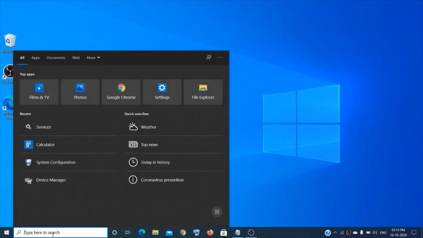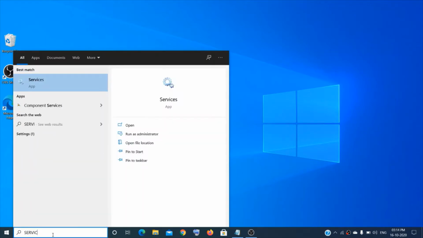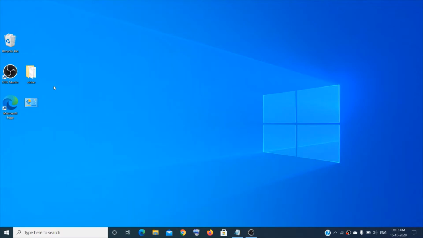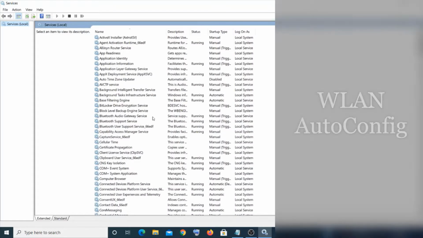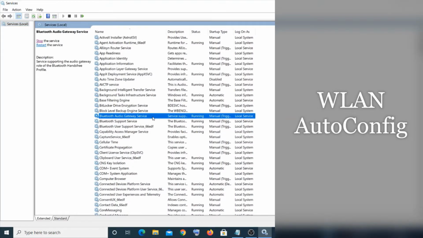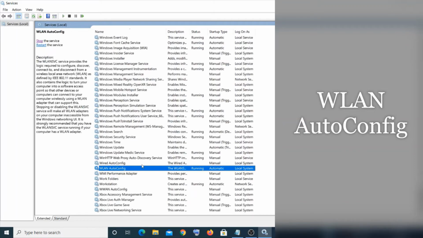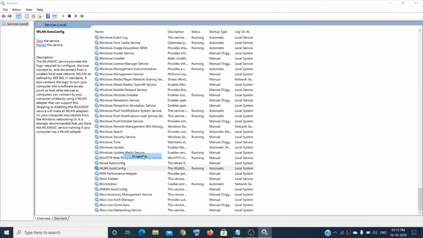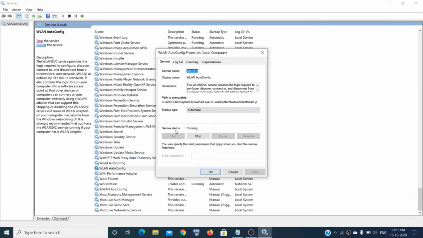Go to search box over here, type services, and click on it. Now we have to find WLAN autoconfig, so just type WL and then you will see here. Now make a right click and then click on properties. Now if the service status is not running, then make sure you click on start and then select the startup type as automatic, and then you click on apply over here and then click on OK, and then check the